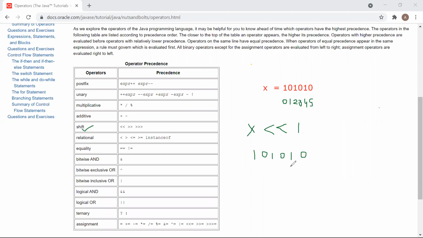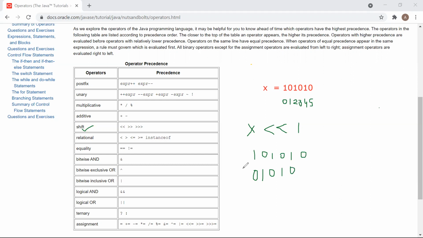So this 0 will come here, this 1 will come here, this 0 will come here, this 1 will come here, this 0 will come here. Now what about this one? You wanted to shift toward left. Can you tell me what you're going to do here?